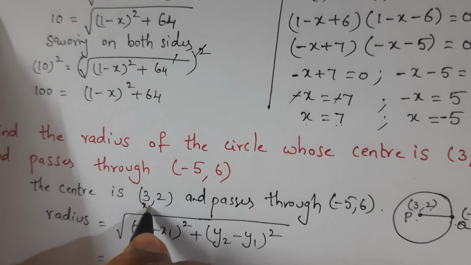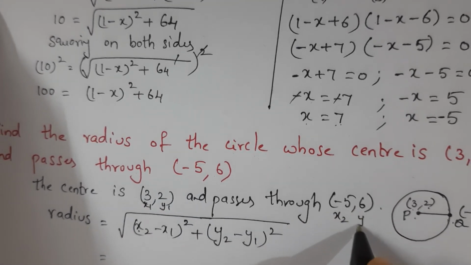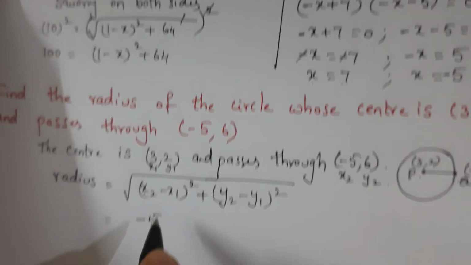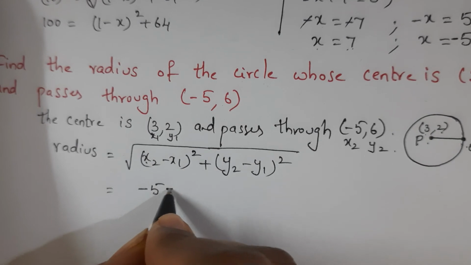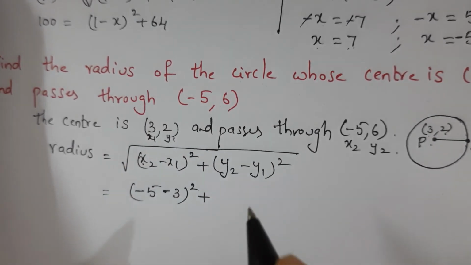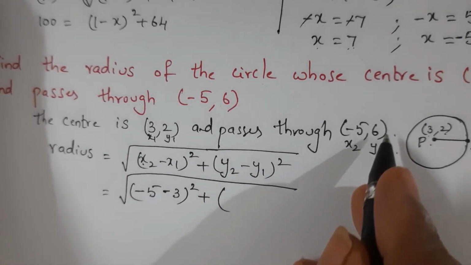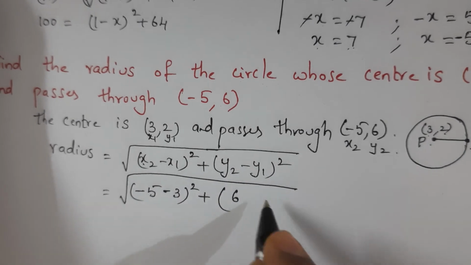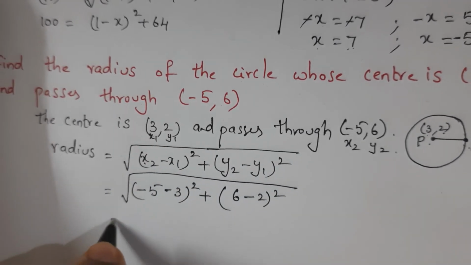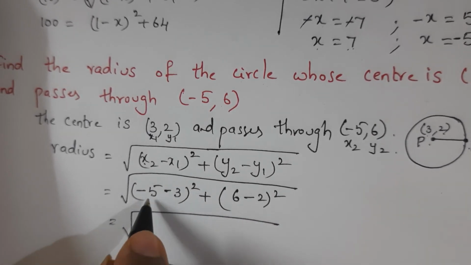Let us just mark x1, y1 and x2, y2. Now x2 is minus 5 minus x1 means 3 whole square plus, now y2 means 6, next minus y1 means 2 whole square,